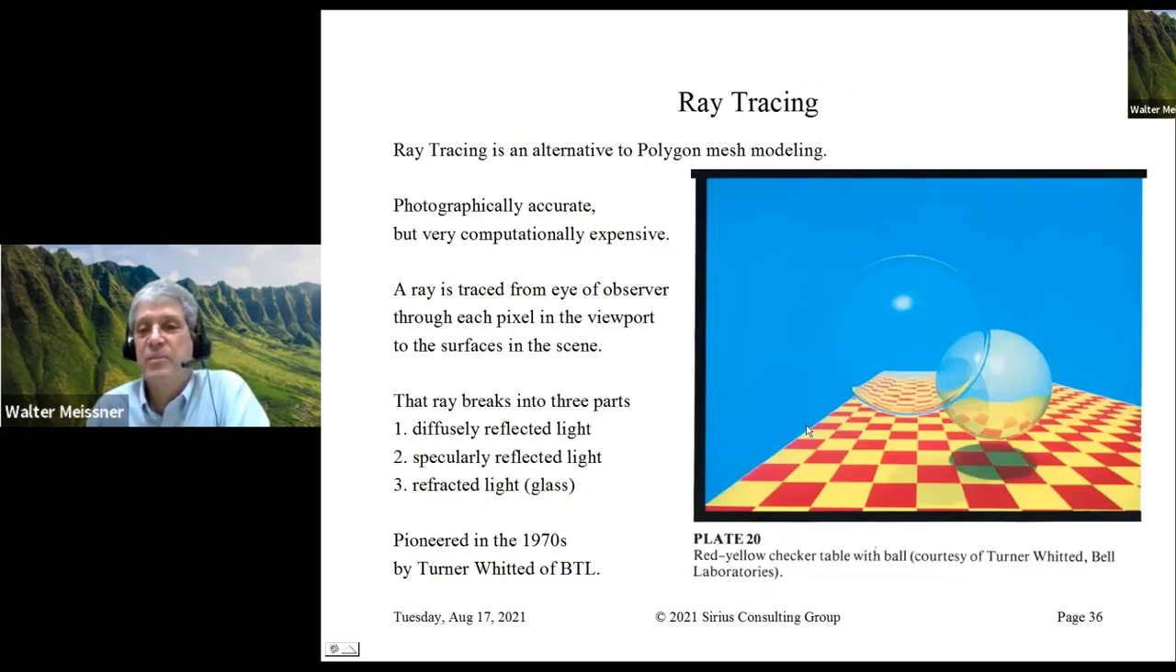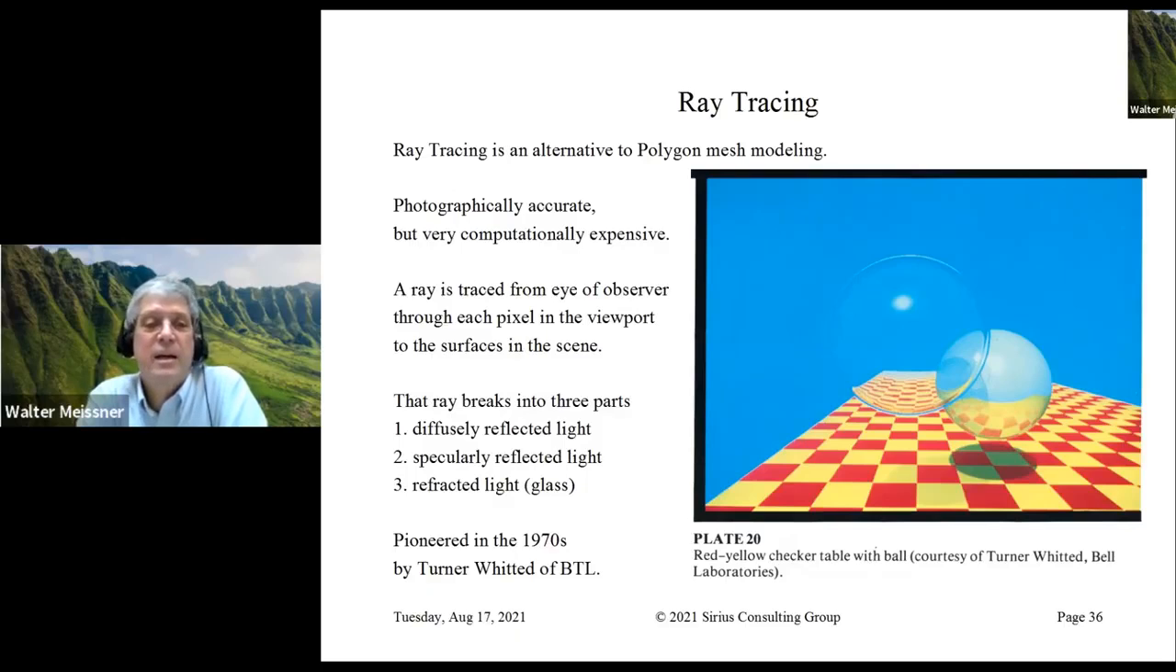Now, to jump to something completely different, if one is not using polygon models, one is doing ray tracing. Ray tracing is photographically very accurate, but it's computationally very expensive. Basically, a ray is traced from the eye of the observer through each pixel in the viewport to the surface in the scene. But once it hits the surface of the scene and is reflected to some other object